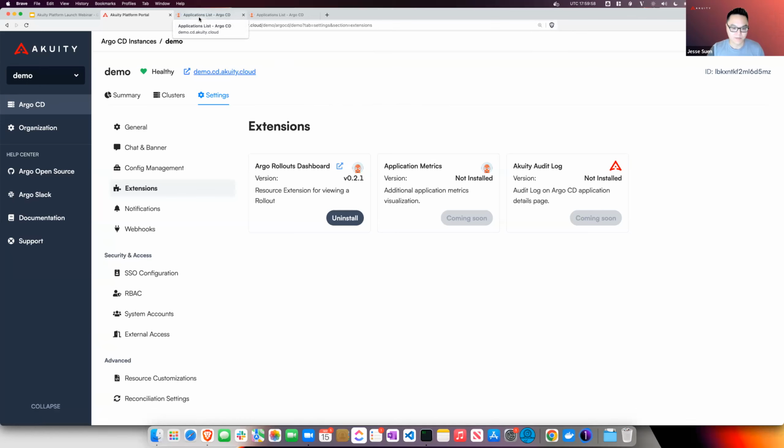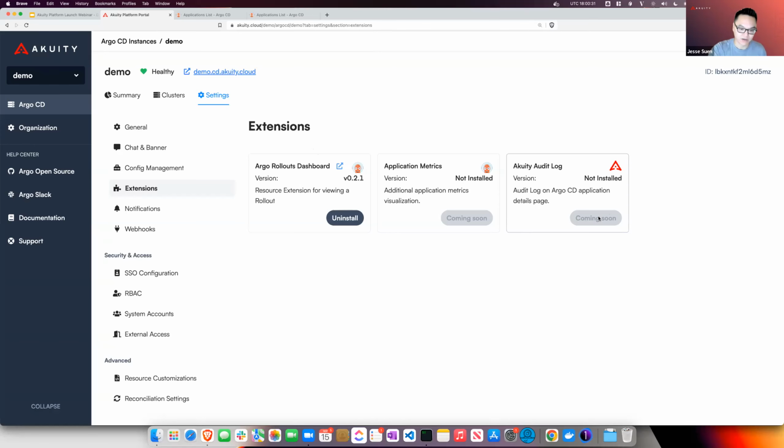One of our first and flagship extensions is the Argo Rollouts dashboard, and what we're doing in our platform is making it really easy to discover extensions. We want to put things that the community has developed here so people can discover those extensions and get access to them really easily. We'll have our own extensions specific to our platform.